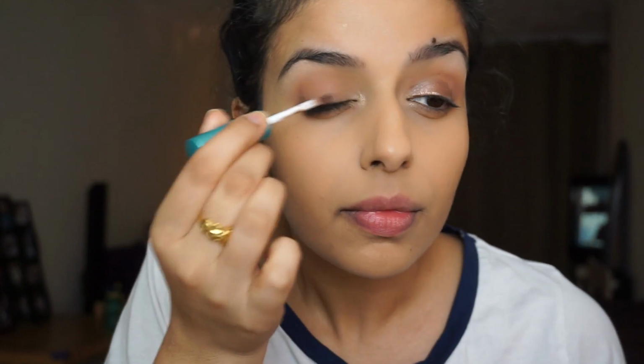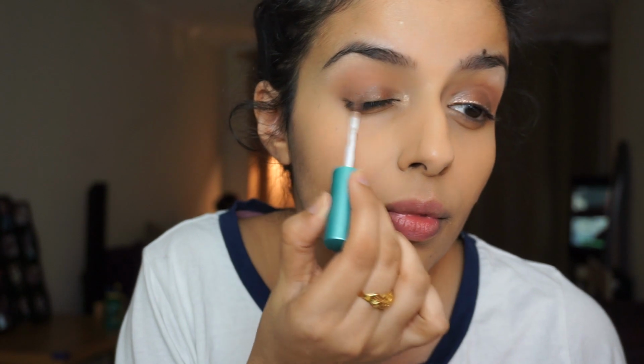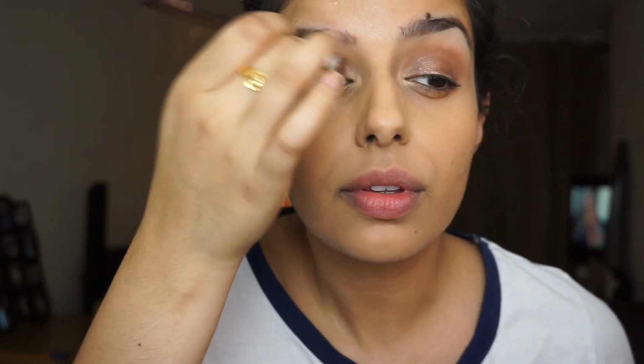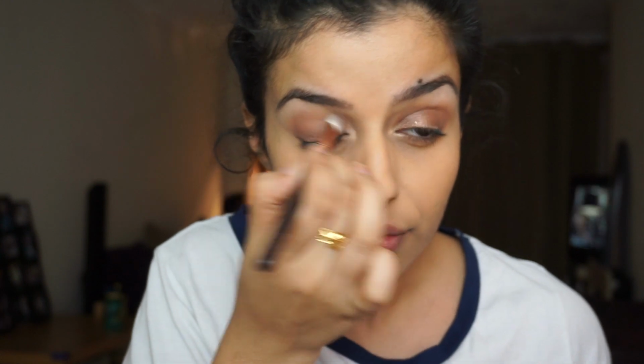And then I'm going to use an e.l.f. eyeshadow. This is the Molten Liquid eyeshadow. I love these. I love liquid eyeshadows. I love cream eyeshadows. They are just my go-to for a quick, effortless look. I'm applying that all over my lid area, and I'm going to use a blending brush to basically blend that all out across the lid. It looks a little messy, but I kind of like that,